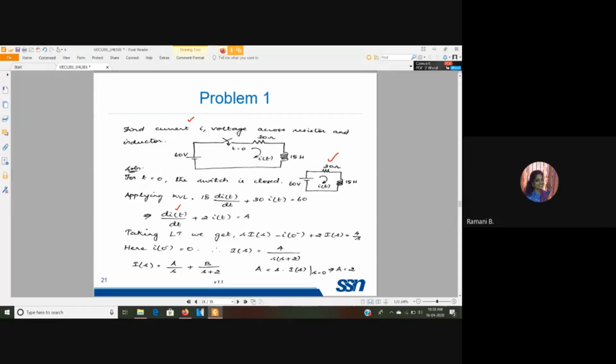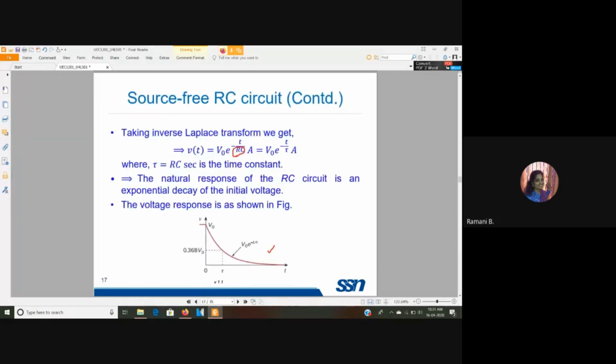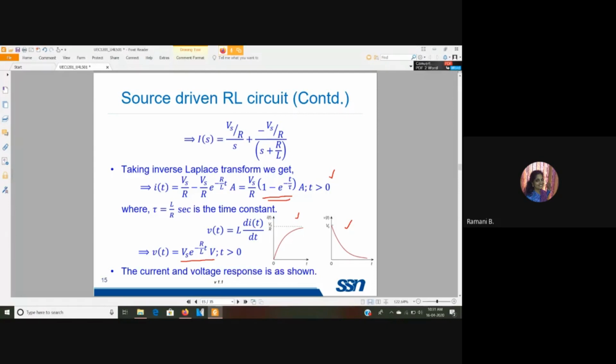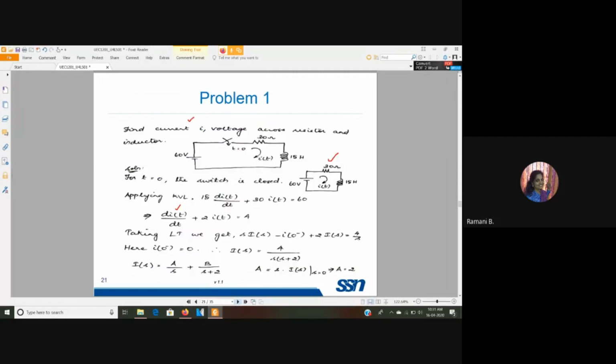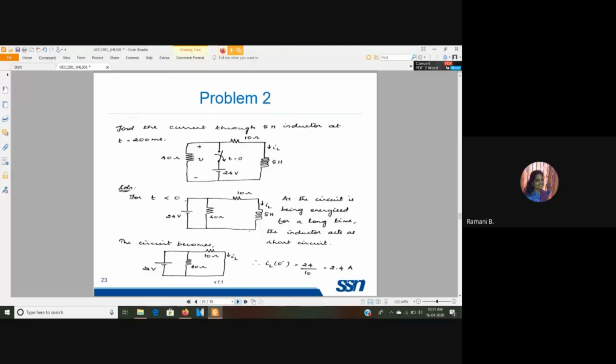In case if they ask such question for 2 marks, you can directly use the formula. So we have this V of t is equal to Vs into e power minus R by L into t, and I of t is Vs by R into 1 minus e power minus R by L into t. So you can directly use the formula also, but everything is based on the marks given to you. If they are asking this for big question, that is 6 marks or 10 marks, you have to do the entire thing. So this is one simple example. Next we shall see second problem.